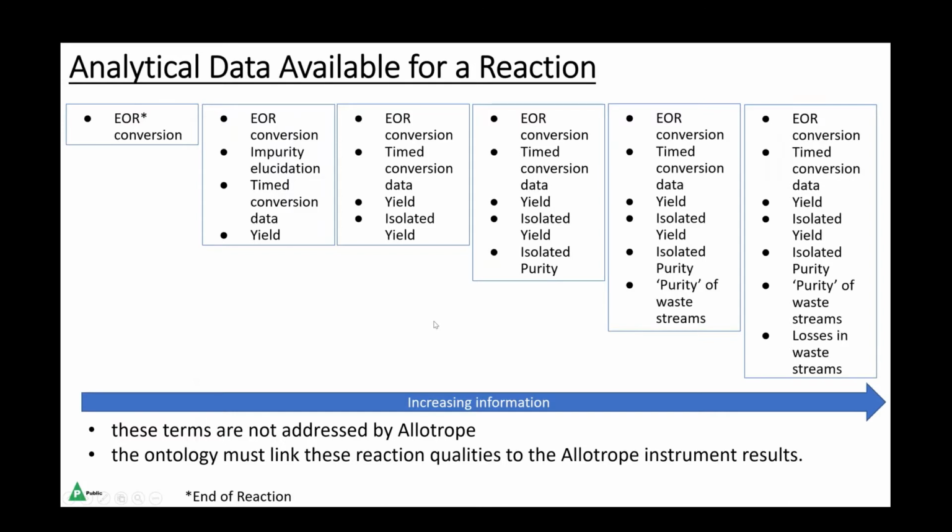So in terms of the analytical data available for reaction, there are a couple of things that one would notice. The first is that the chemist speaks a different language than the instruments. In many cases, the LC has no idea that the area percent for a particular run represents the percent conversion of the reaction. The chemists supply this interpretation, and generally it's recorded in the laboratory notebook, not in the chromatography system. For those familiar with the Allotrope and BFO patterns, it's connecting the actual analytical result to the quality that